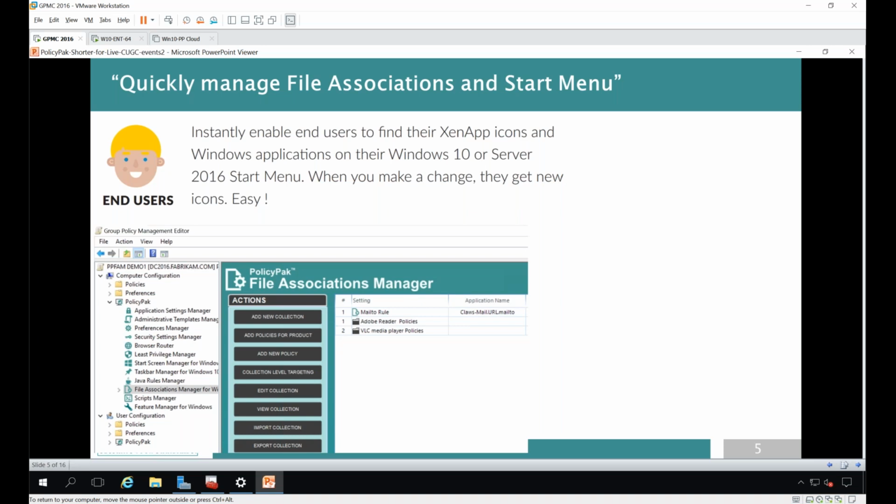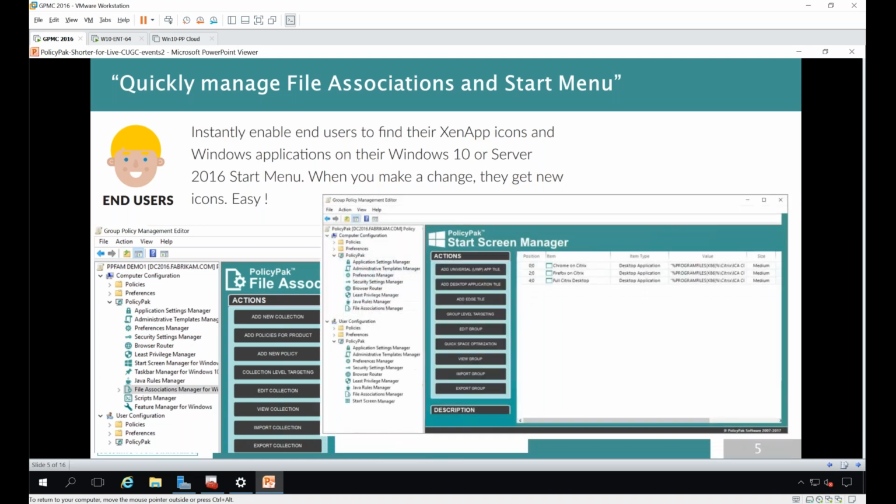It's incredibly difficult to have a perfect gold image machine, export those file associations and then use the inbox group policy way to do that, because as soon as you change your mind, well, you got to do that all again. It's a huge pain in the neck. And I'm gonna show you ever so briefly how fast you can take a machine and not have to worry what's on that machine. Simply dictate, here are the exact settings for the file associations.